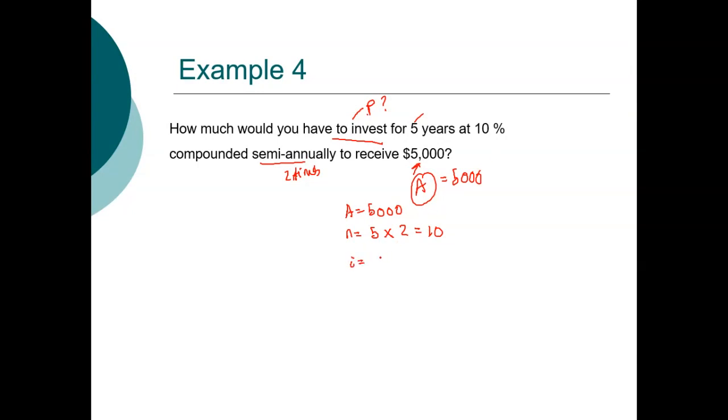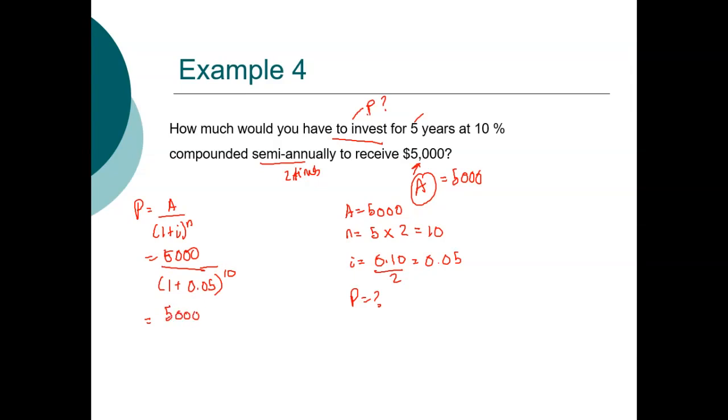And then my I is 0.10, because we were given 10%, divided by 2 because it's twice a year, semi-annually, so 0.05. And I'm trying to find my principal. That tells me that I'm going to use this formula. My amount is 5,000 over 1.05 to the power of n, which is 10. So we get 5,000 over 1.05 to the 10. You can punch this into your calculator either using the fraction key or the division key, and you should get